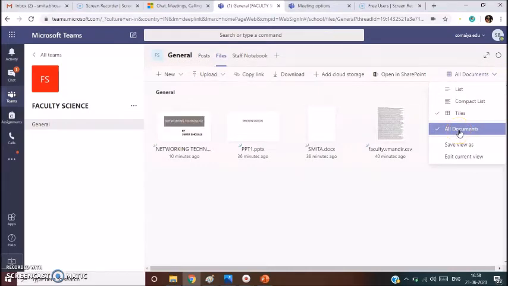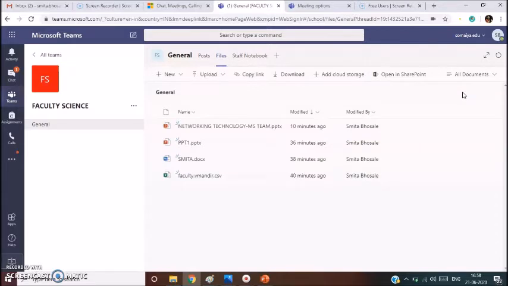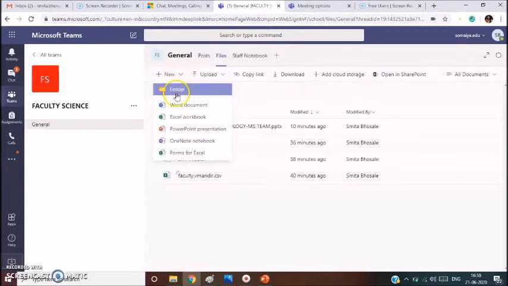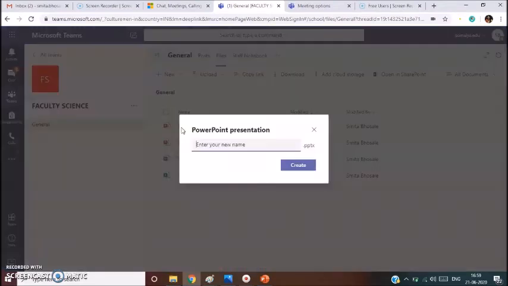So you can also see all documents here. So I go back to have the list. So this is the list. If you wish to create a new one, you can create a folder. You can also create a Word document, Excel workbook, PowerPoint presentation, OneNote notebook, forms for Excel. So let me create a PowerPoint presentation. I can write the name as